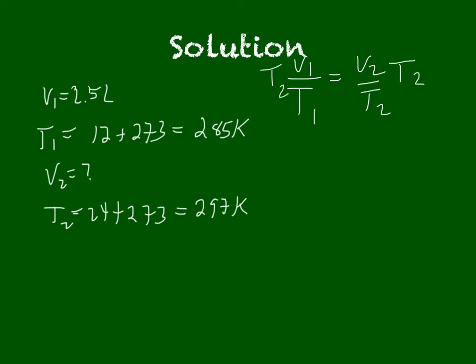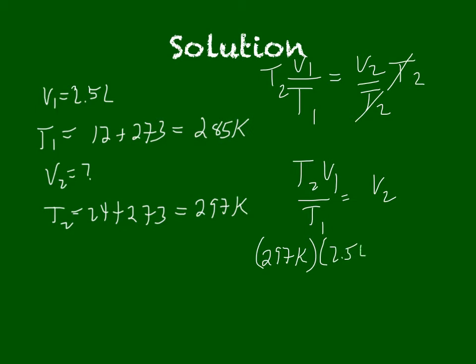Remember, just like I said in the Boyle's Law video, rearrange your equation before plugging things in. So T2 cancels out. I get T2 times V1 over T1 is equal to V2. Plugging in my numbers, 297 Kelvin times the 2.5 liters over the 285 Kelvin,